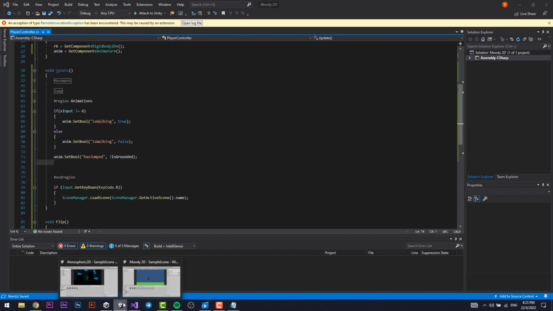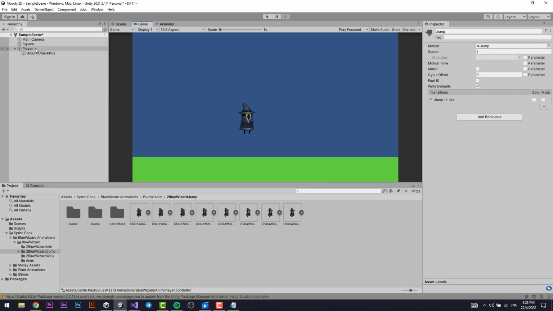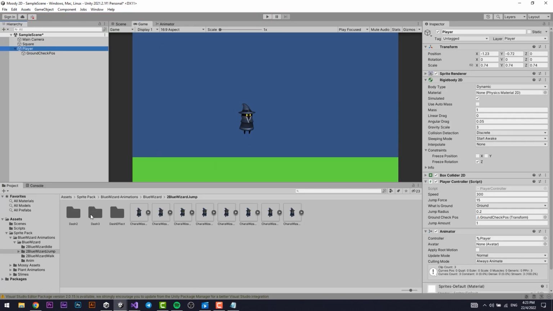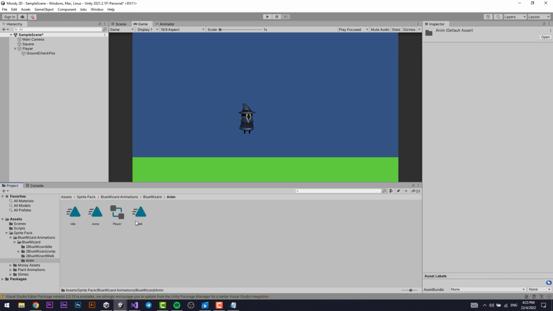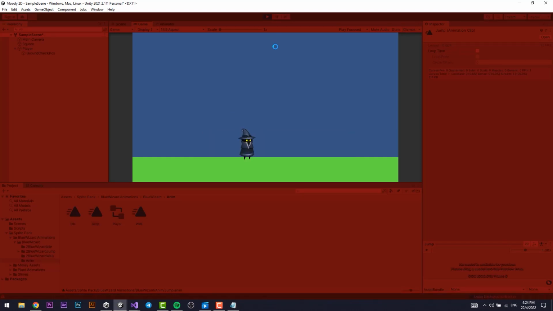Now if I go back and check if this works or not, and if I jump, this too works. Awesome. But there's actually one more thing to do: we go to the animations folder, and we set jump to loop time off. So we don't want to loop it. As we saw when we played it, the jump animation, when it finishes, goes back and loops. We just want to play it one time. Now if we play again, alright, now we can go left and right, jump,